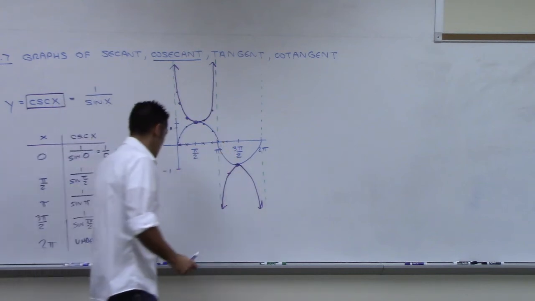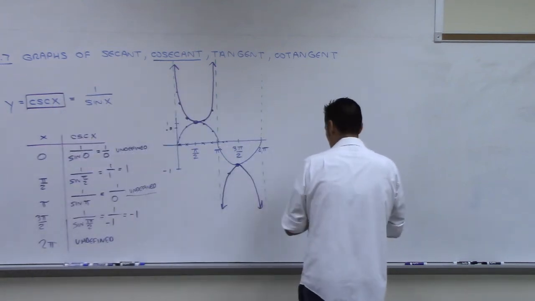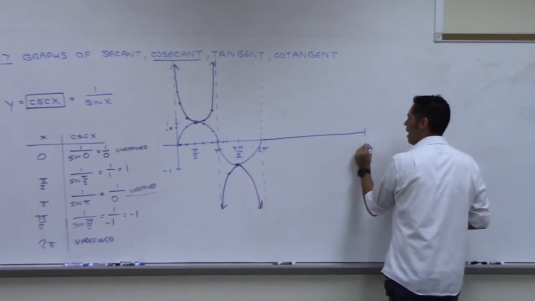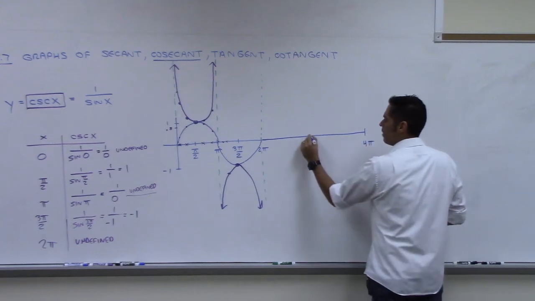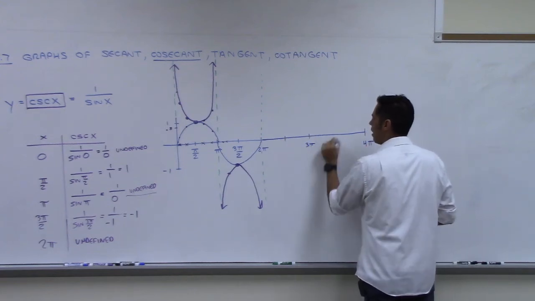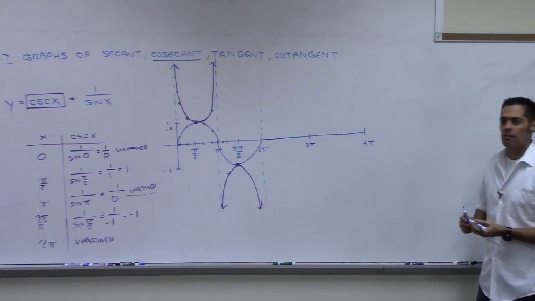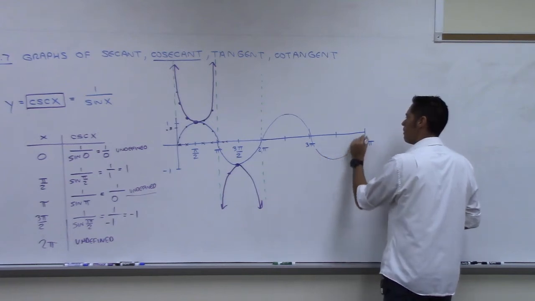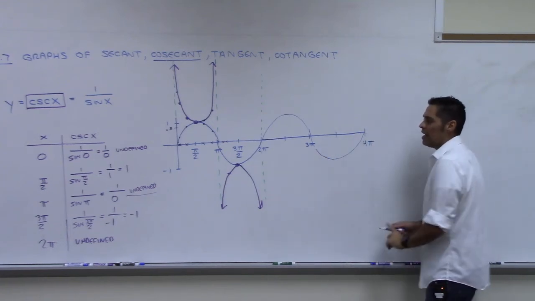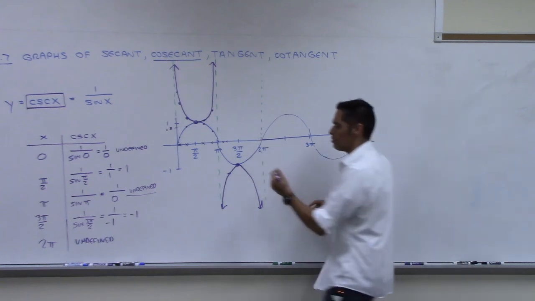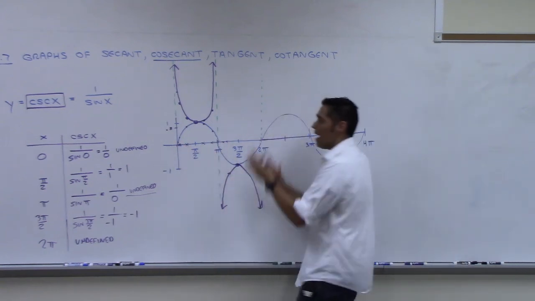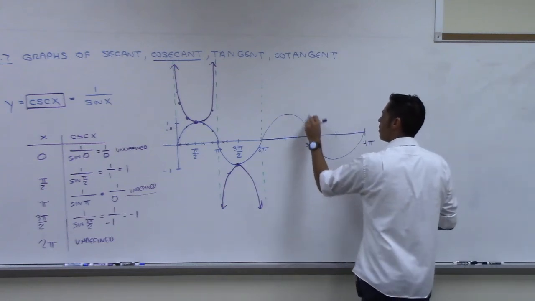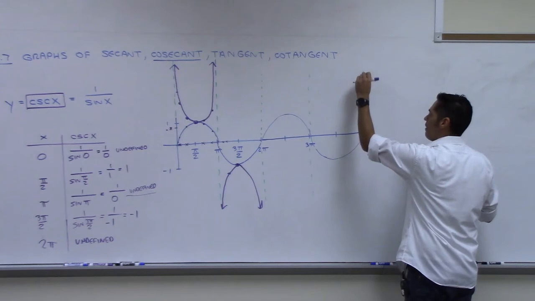Let me illustrate. If I needed to do another period of this, it would end here at 4 pi, wouldn't it? And then this would be 3 pi. And then who cares what those are, okay? My sine function would come in here and repeat itself, wouldn't it? Like this. And what I know is that anywhere that sine was 0, I had vertical asymptotes, didn't I? So I know automatically I'm going to have another vertical asymptote here, and I know I have another vertical asymptote